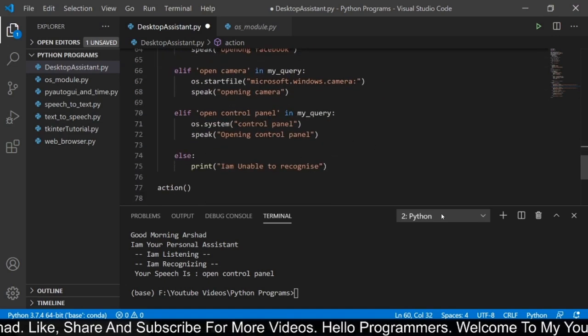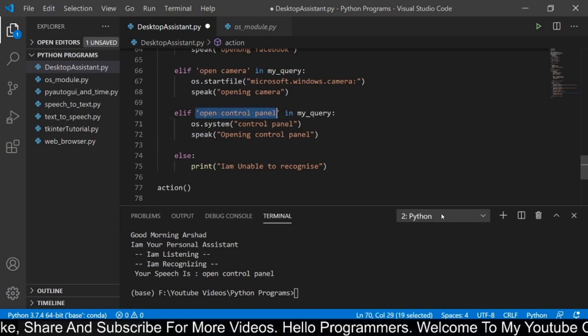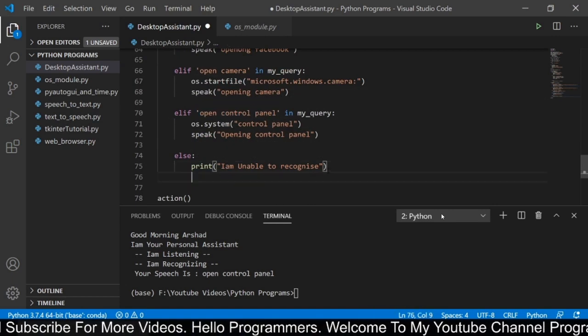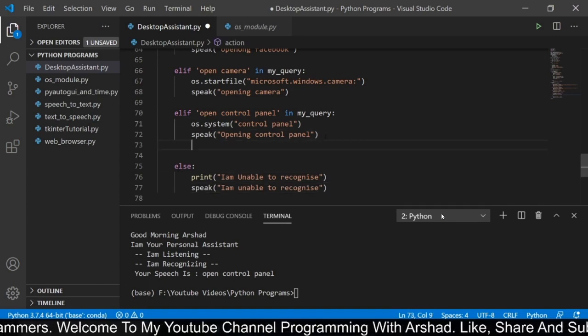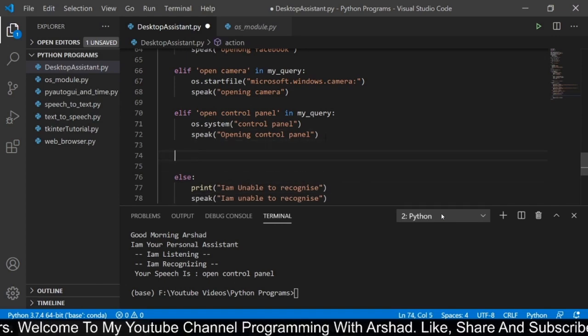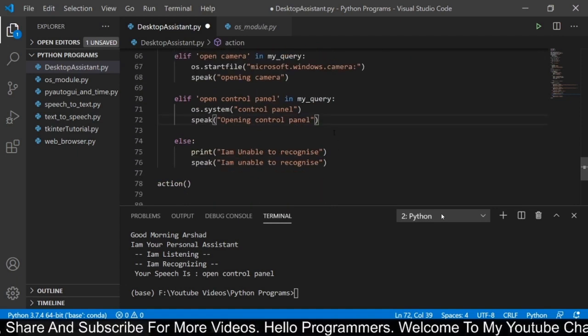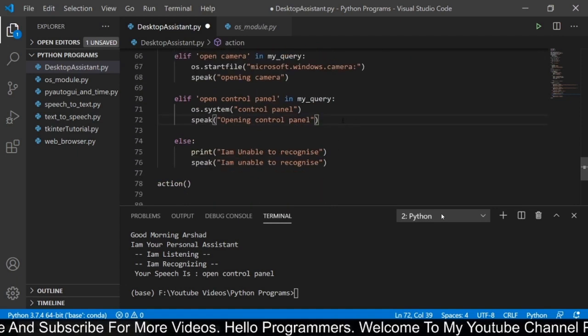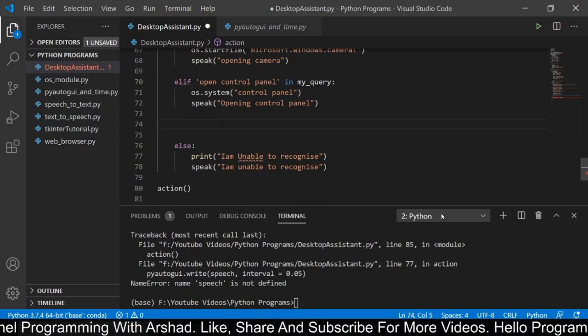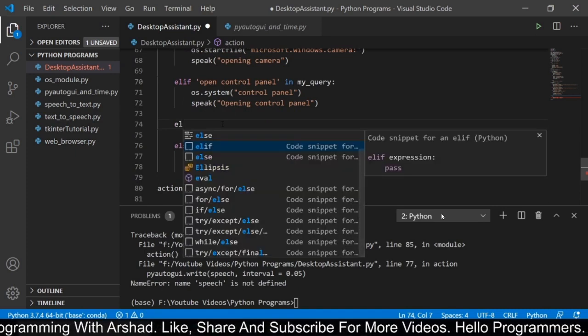Now if I give any commands other than these four commands, it will just say I am unable to recognize. But we don't want that. We want it to perform something. Now you can see here, if I say open Instagram, it won't do anything. It will just speak I am unable to recognize. I don't want that. So I am using another elif here